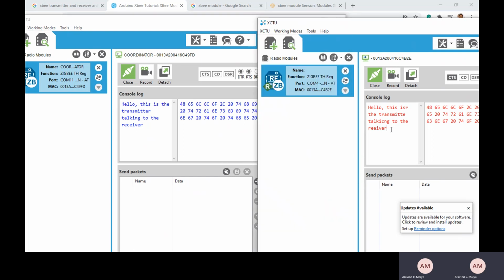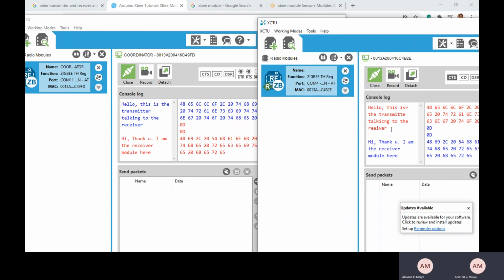Now similarly, you can also transfer the data from the receiver. It works vice versa. Hi. Thank you. I am the receiver module here. So you can see that it is bidirectional.